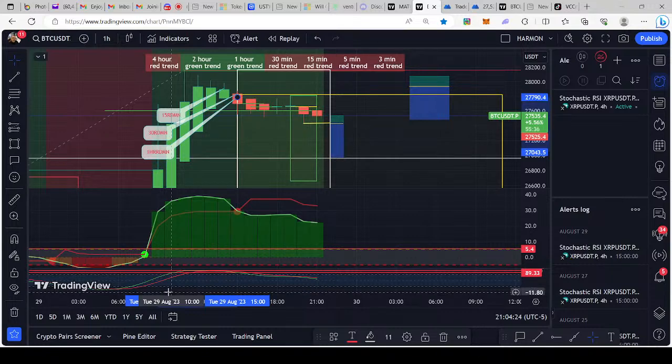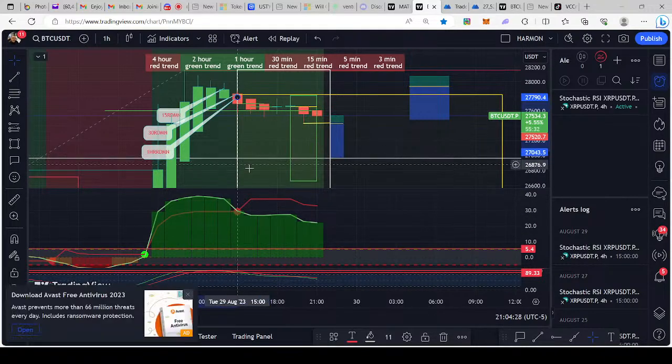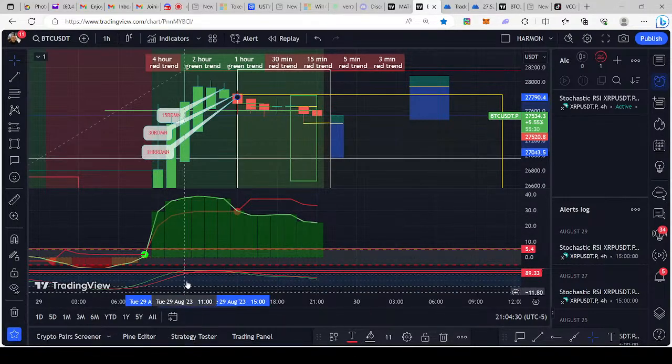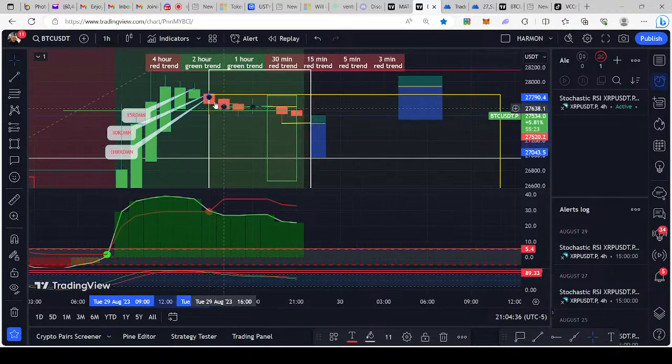All right, so here we can see that we have the beginning of these trades, right? So this is where you would start off with a smaller $10 bag in these areas here. And this is because you have your 2 hour starting to head down. You have your 1 hour starting to head down. And the trigger for a short